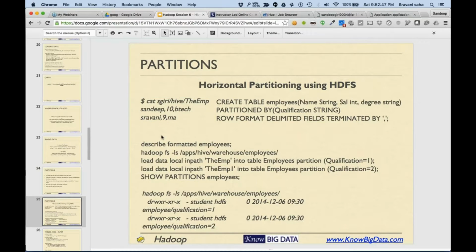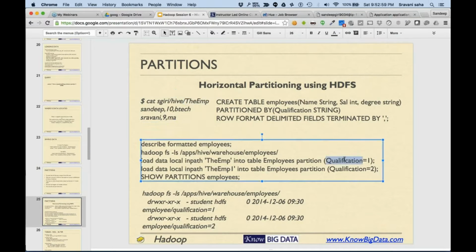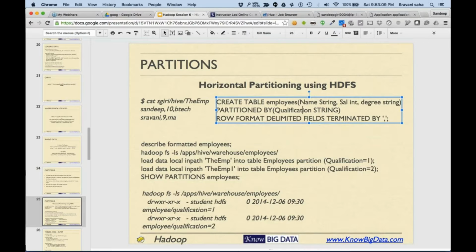You create one more column called qualification. For qualification equal to 1, you could load the data from emp, and for qualification equal to 2, you could load the data from another file. So you are creating an artificial column called qualification, and you can mention that in the create table itself.